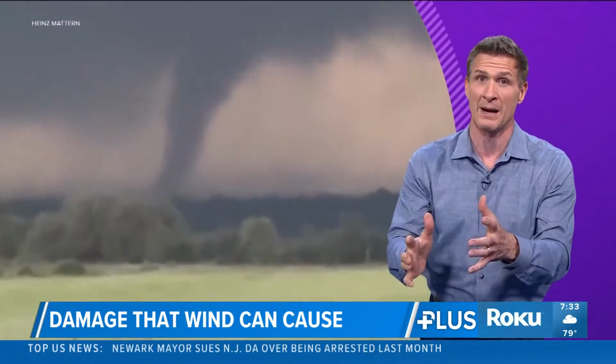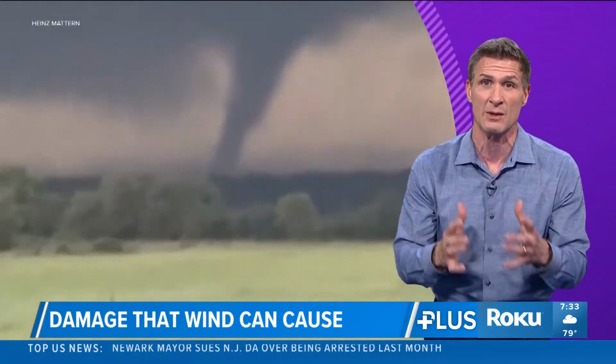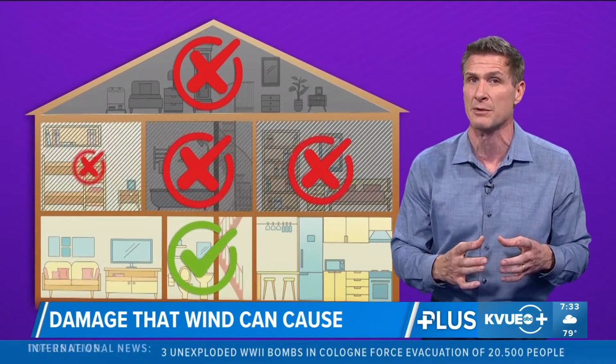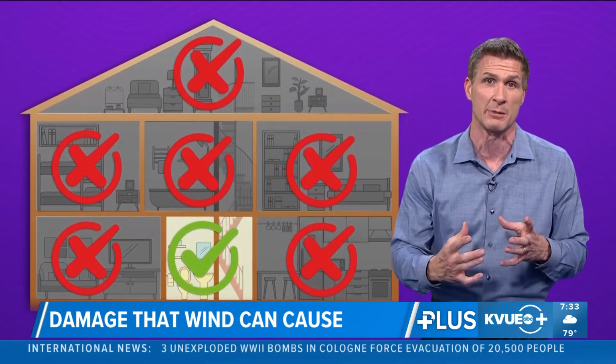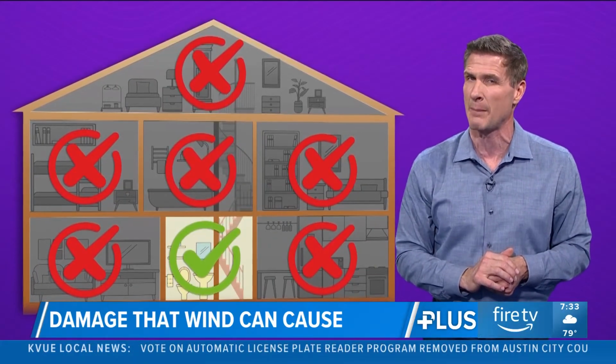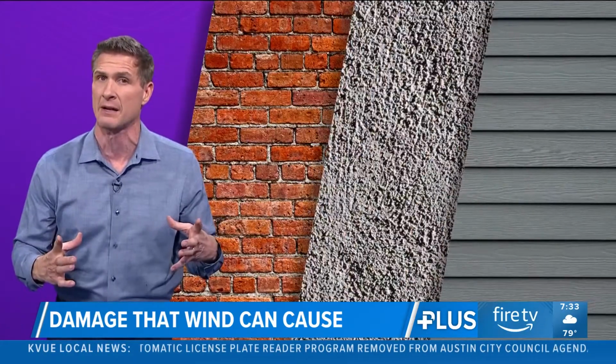So you might want to be mindful of this when you are seeking the room where you ride out severe weather, like a tornado threat. You want to go as far to the interior as you can, as many walls as possible between you and the outside. This also makes you think, though, about the materials that are on the outside of your home, and